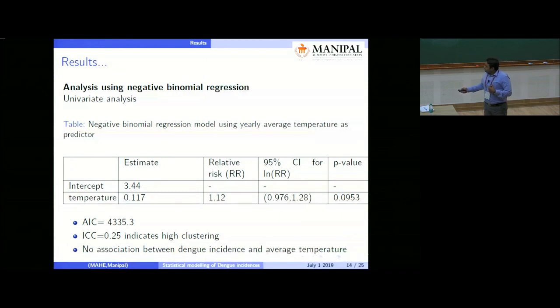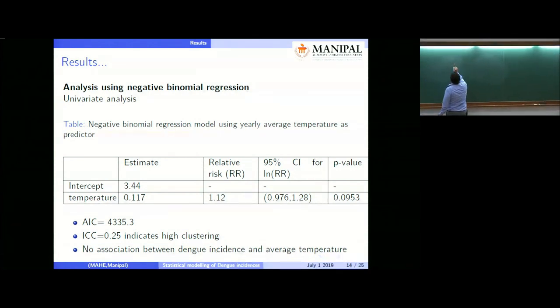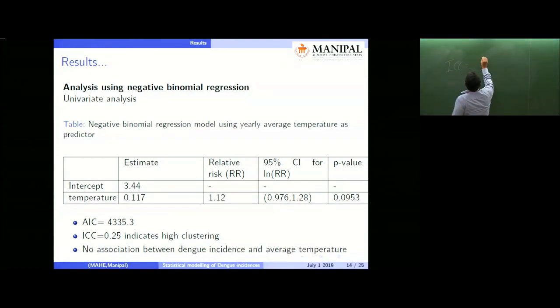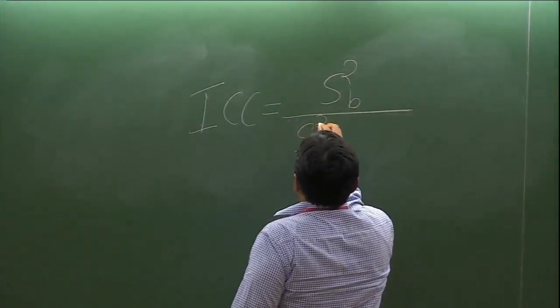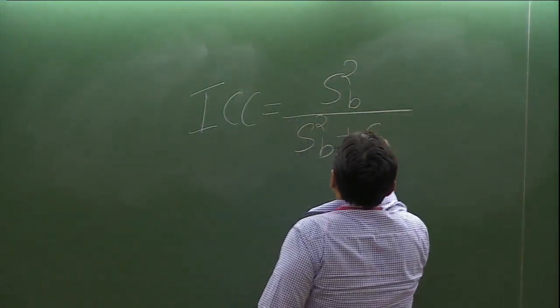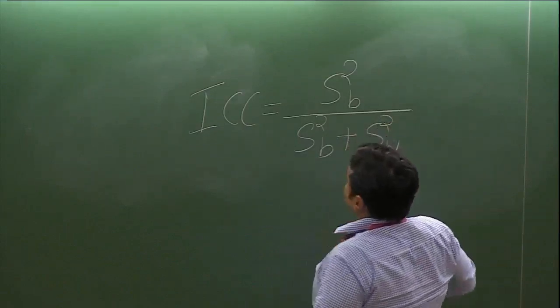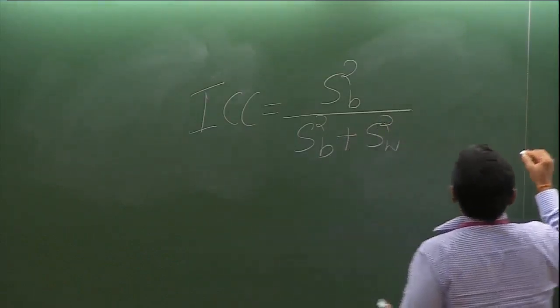And this intra-class correlation is an estimate of a random effect, as we had designated the states as a random effect. This intra-class correlation is given by the ratio of between cluster variance by the sum of within cluster variance plus between cluster variance. This is the between cluster variance. So ICC is given by this, and as a thumb rule,